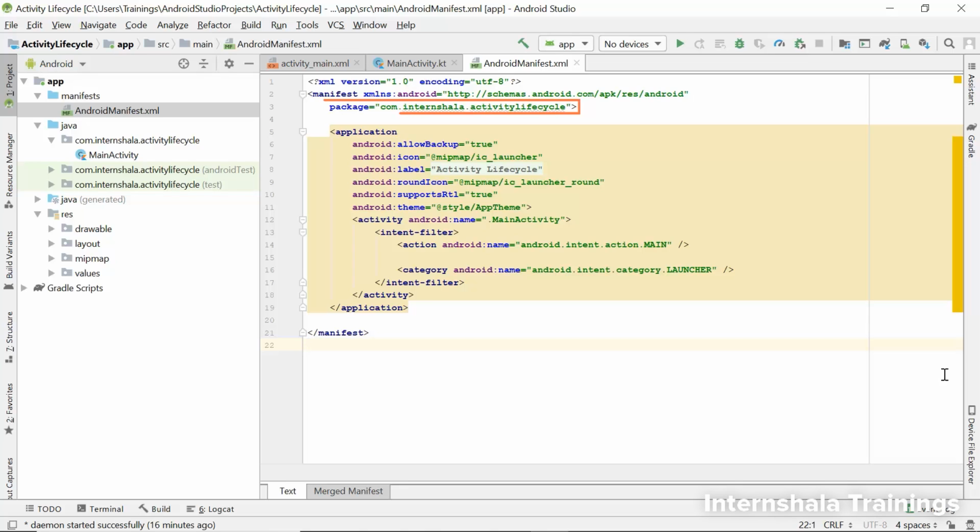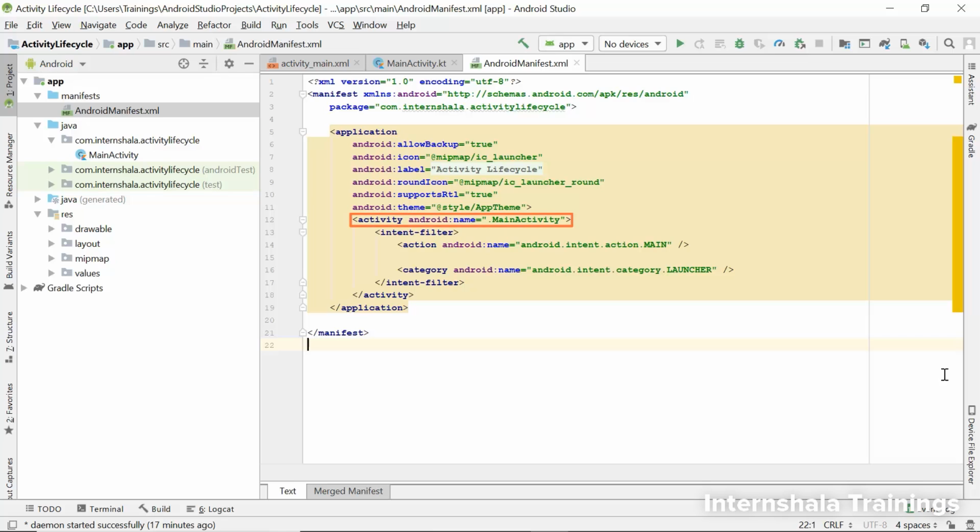Next attribute here is the package, which has the package name where all our code will be present. If you remember, we had mentioned this package name while creating our Android project. This package name is used to determine the location of all our code when the Android project is being built. After this, we have the application tag. The attributes of this tag will define the properties of the app, like app label, which is the app name, app icon, etc. Now if you see, this application tag closes here, and so this activity tag is the child tag of the application tag.